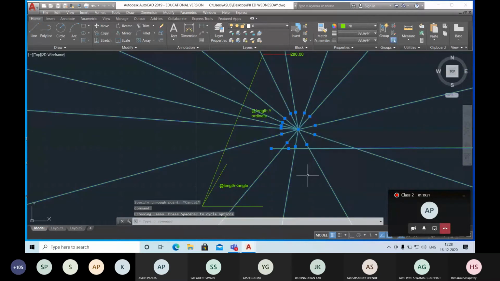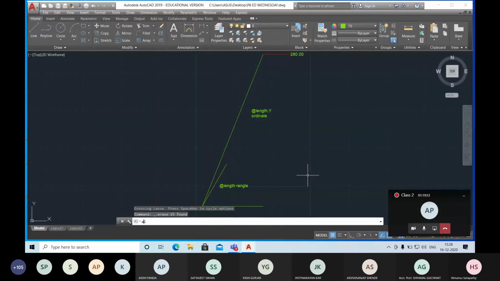The fifth command is M line. Command is M line, multi-line, used for civil engineering building plans. You need two parallel lines running consecutively to draw building plans. So this is my multi-line command, M line. The gap between two lines is by default 1 mm. If you want to increase or decrease the scale, go to the scale option. Here is the scale. Scale means size. Gap between two lines. Here it is 1 mm. If I make it 20, now you can see I can draw two lines running parallelly, 20 mm apart.